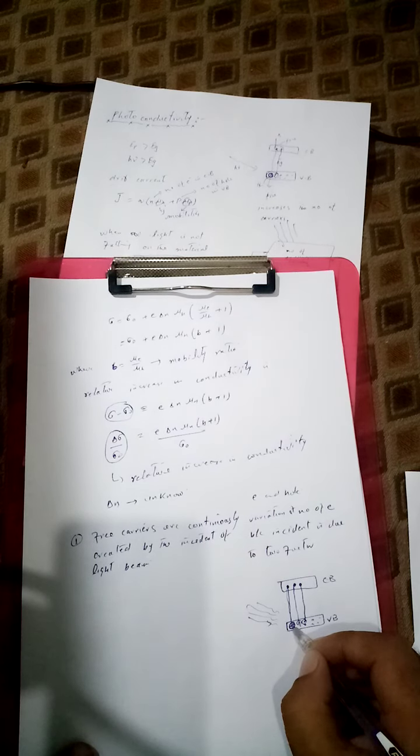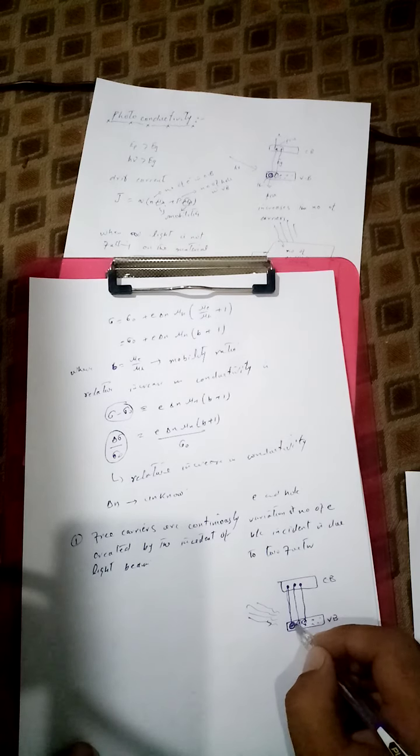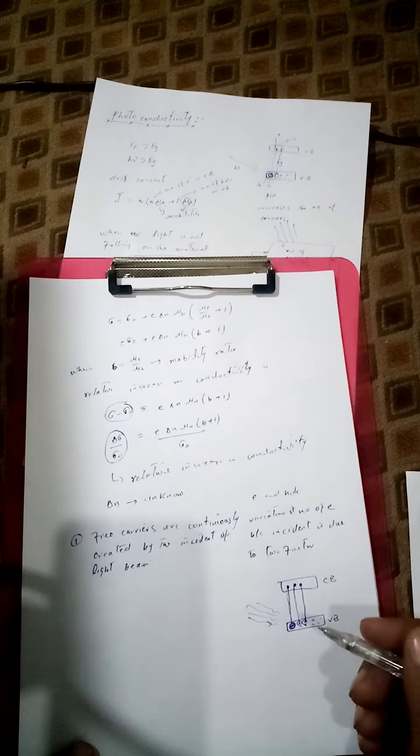This electron comes back and takes the position of this hole, so the excess carriers vanish. So the second condition is that excess carriers are also continuously annihilated